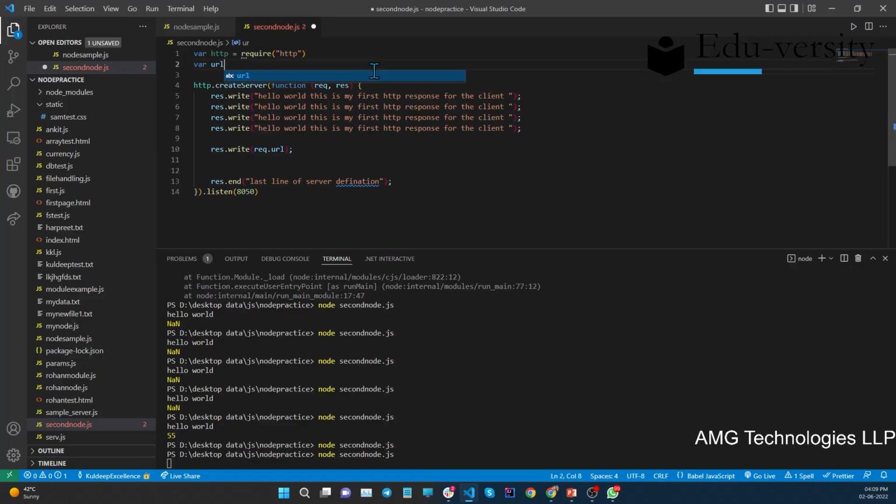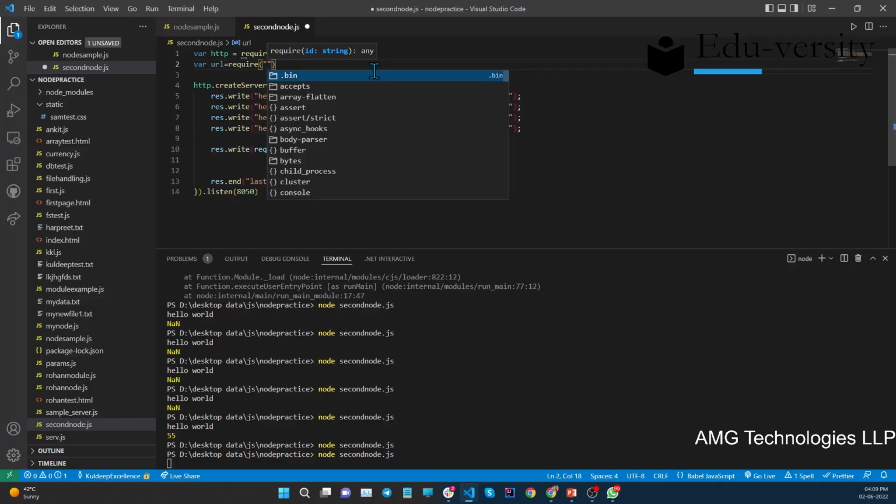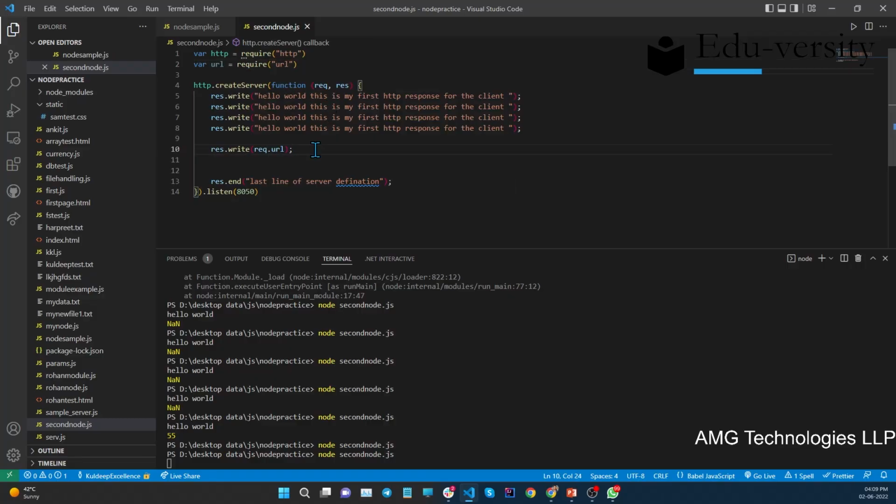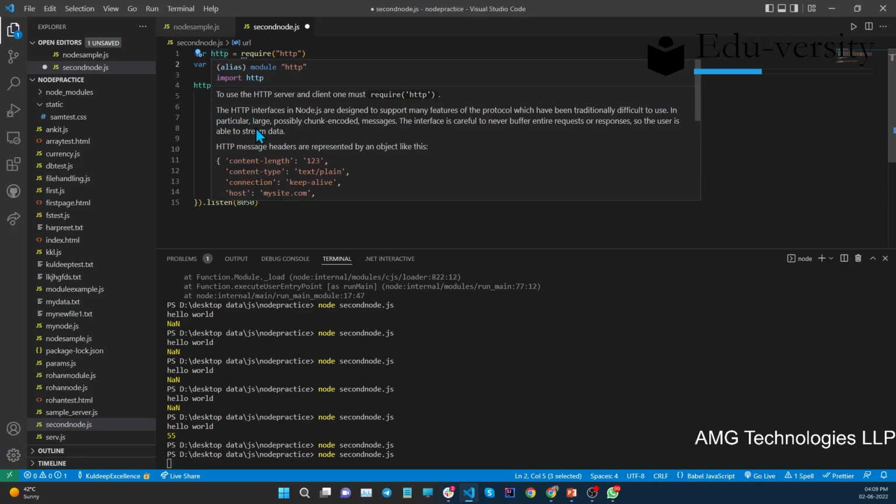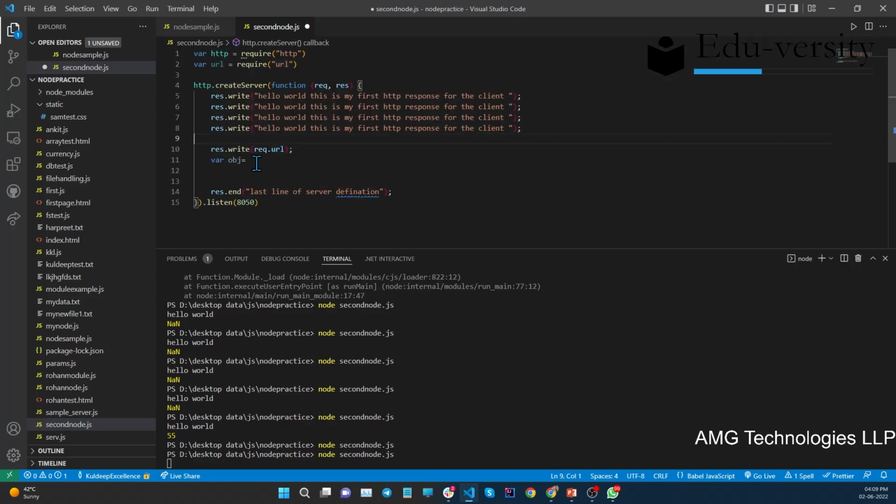So we have url equals require, and the name of the module is url. We'll save this. Now from this request.url we'll create an object, where obj stands for object. From this URL module, we'll use the parse method. So we'll write url.parse. Now we want to parse what? The request.url, so we'll pass the request